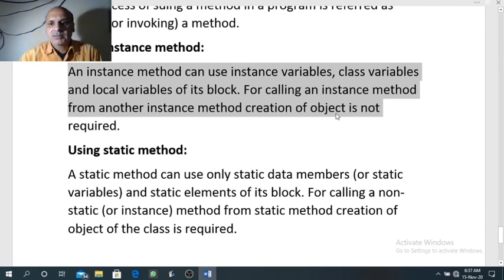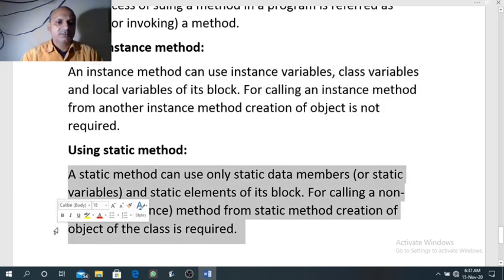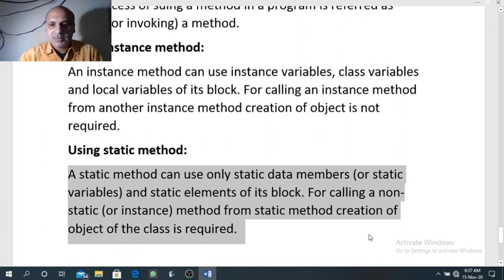For calling an instance method from another instance method, creation of an object is not required. But a static method can use only static data members or static variables and static components of its block. For calling a non-static method from a static method, creation of an object is required.